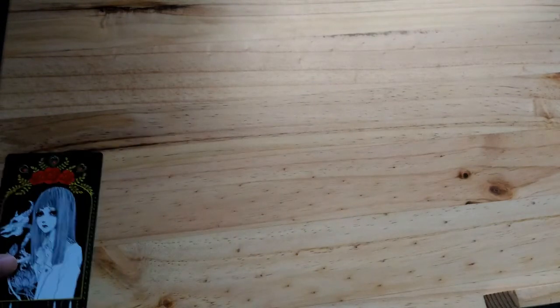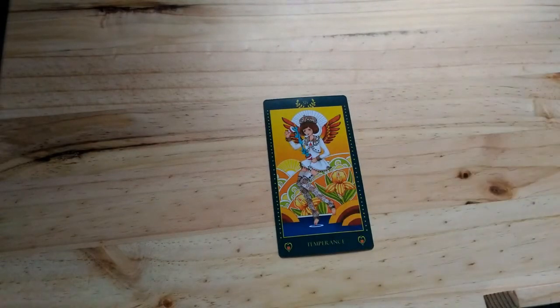And my next favorite card is, of course, Temperance, because Temperance is my favorite major arcana card, so of course this deck is no exception. What I really love about Temperance here is that it's so bright and sunny. When I first looked at it, I almost thought it was the Sun card because it's so bright and orangey and really vibrant, because usually Temperance has really soothing colors, right? It's usually this angel pouring water with two cups, and it's usually blue or turquoise,